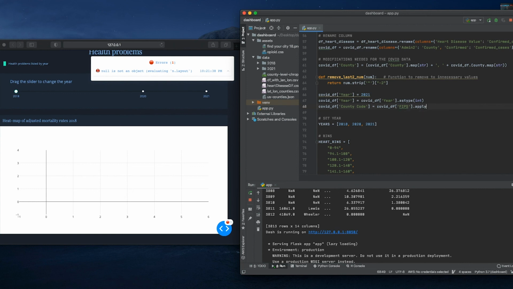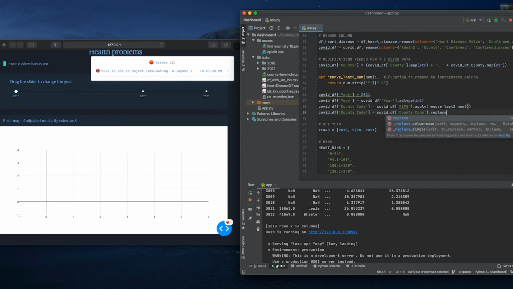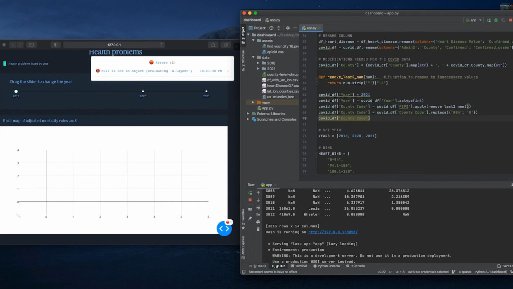So we're going to use the function that we previously defined, remove last two num, that is going to remove the last two characters that are unnecessary. On the county code column, we're also going to replace this value of 00n. We're just going to replace it to make it into a 0. And at the end, we're going to apply the same lambda function to ensure that the zip codes are 5